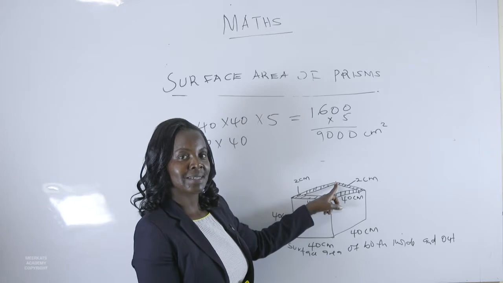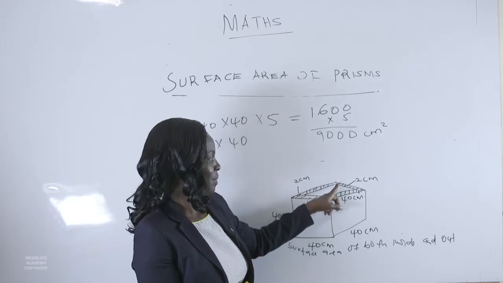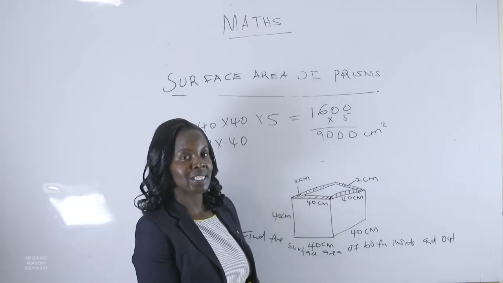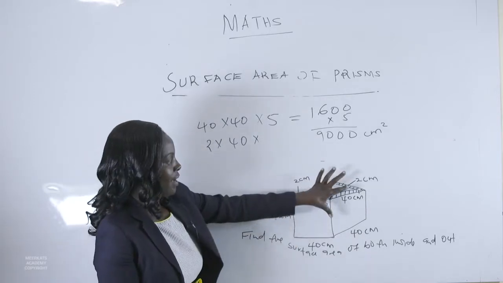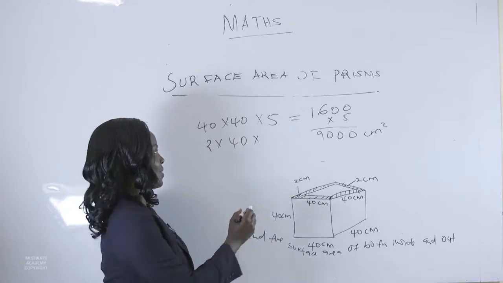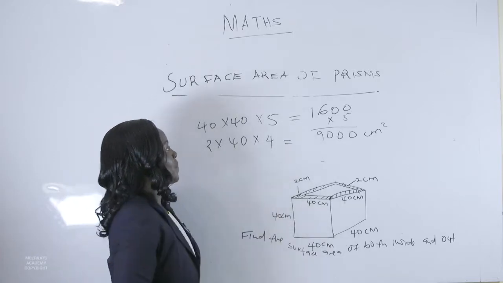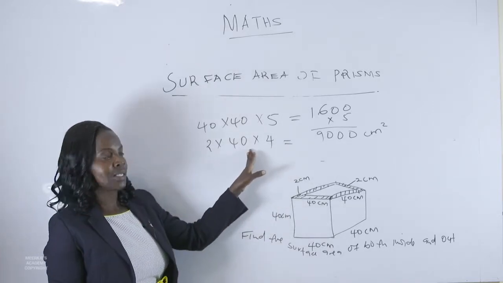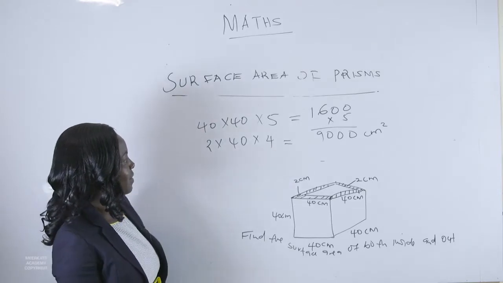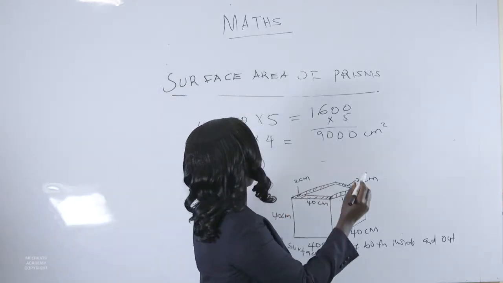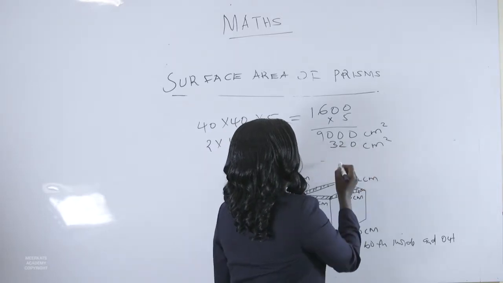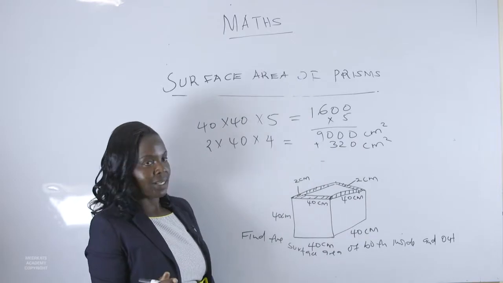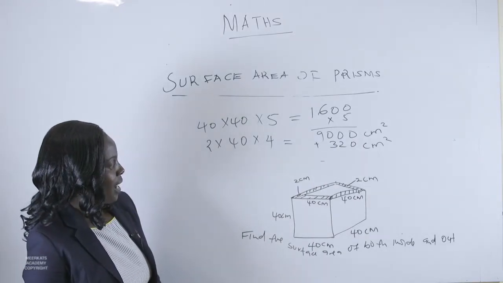2 thickness, which makes the width or the base, times the length, which is 40. So that means we say 2 times 40, and we have 4 small rectangles. So 2 times 40 times 4, that will give us 320. We can add as we move on. Then now we have,